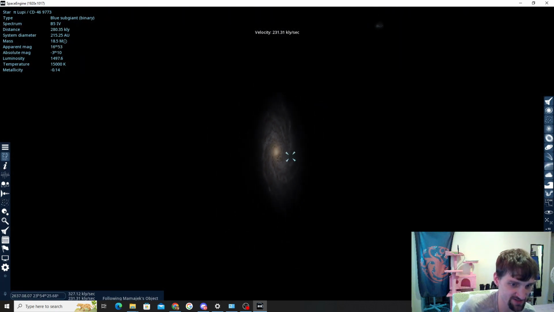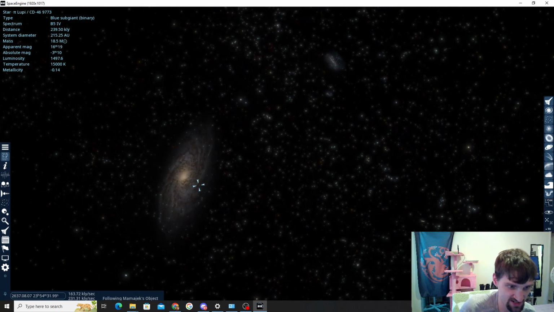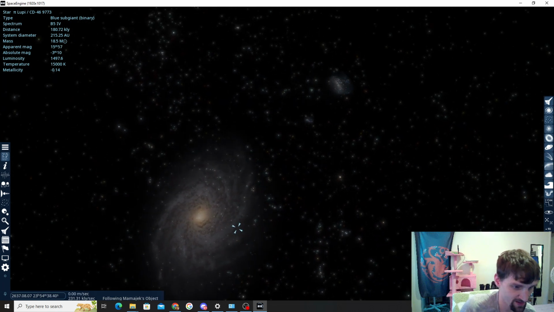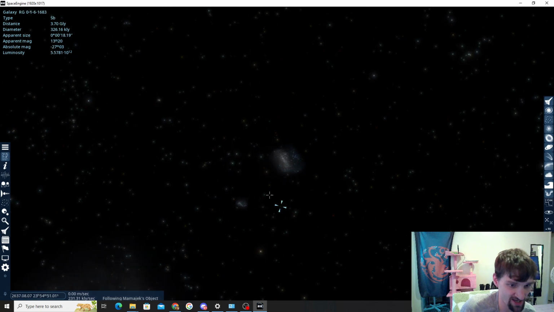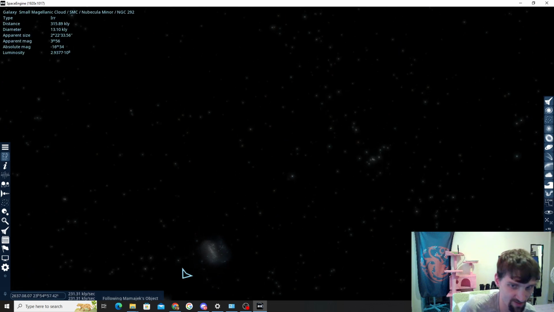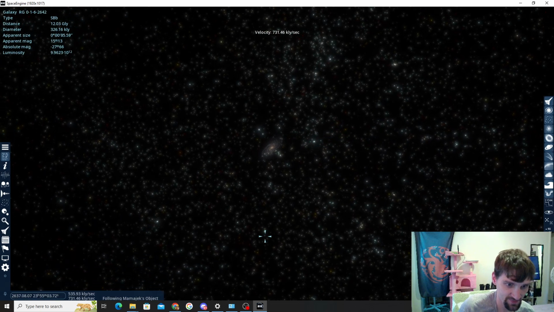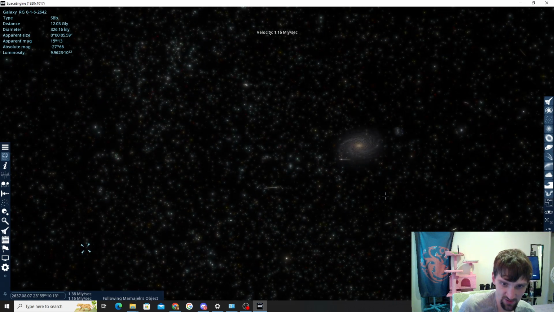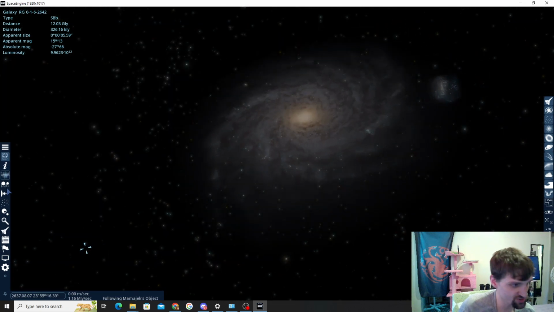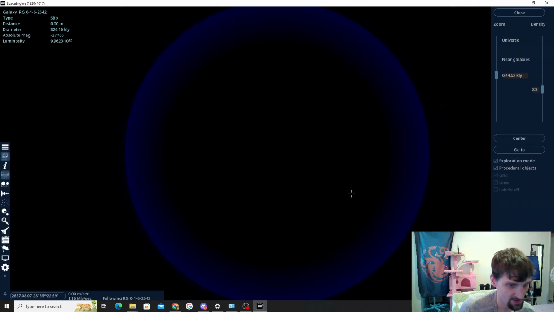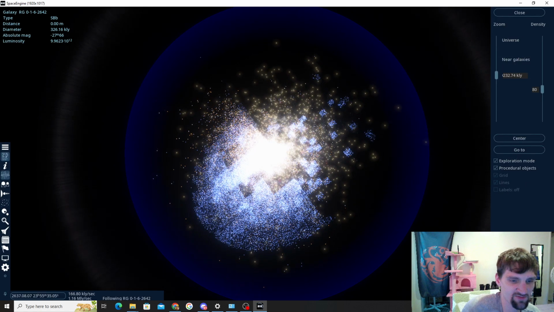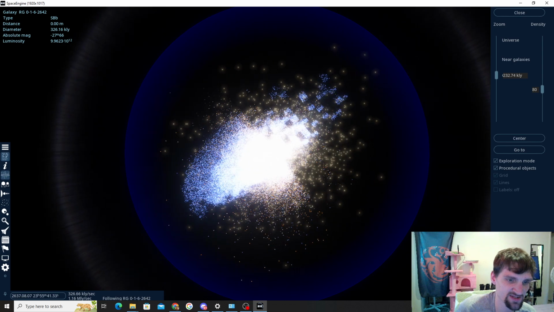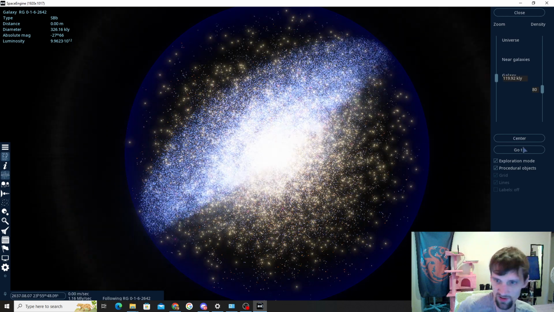Now we can leave the Milky Way, and you can start seeing the local stuff. Now these are all galaxies: the Large Magellanic Cloud, the Small Magellanic Cloud. And if you want it to be a little more, there's a tool you can use. So here's the universe map. This makes it more like, okay, so the Milky Way is the center of the map, and you can scroll in, and you can turn on,